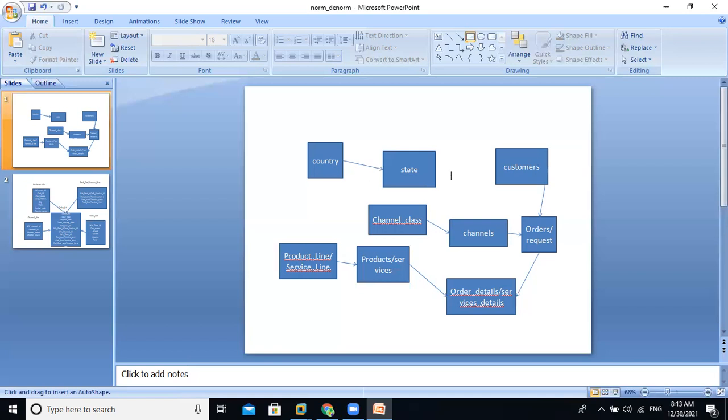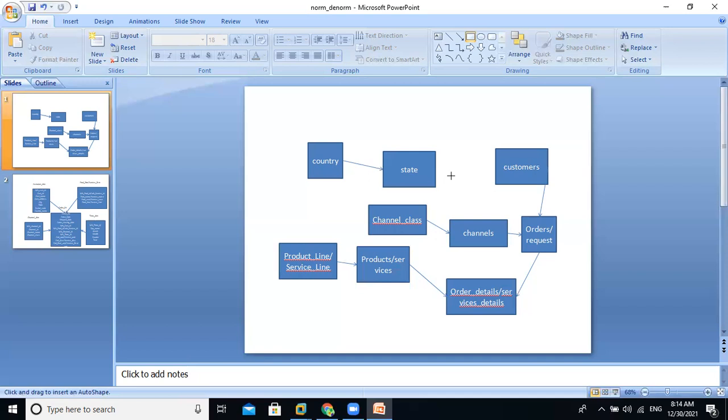If it is an already running project, even though you got a new client with a new requirement, maybe you already provided services to other clients for that same kind of requirement. For that client, you already designed the data model for their business transaction needs.